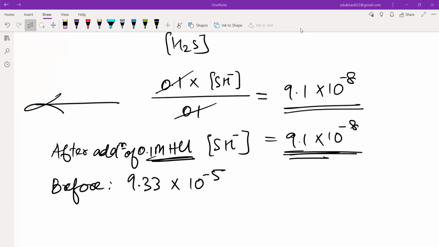Bring some doubts. There are two topics left here. One is salt hydrolysis. The next is buffer. I think salt hydrolysis is removed from your syllabus, but we will just hover around it. And then we also have solubility product. Yeah, solubility product is there. Buffer is also almost removed because they have removed the Henderson-Hasselbalch equation. And then hydrolysis is also completely removed. Here, we will see about those things, and also